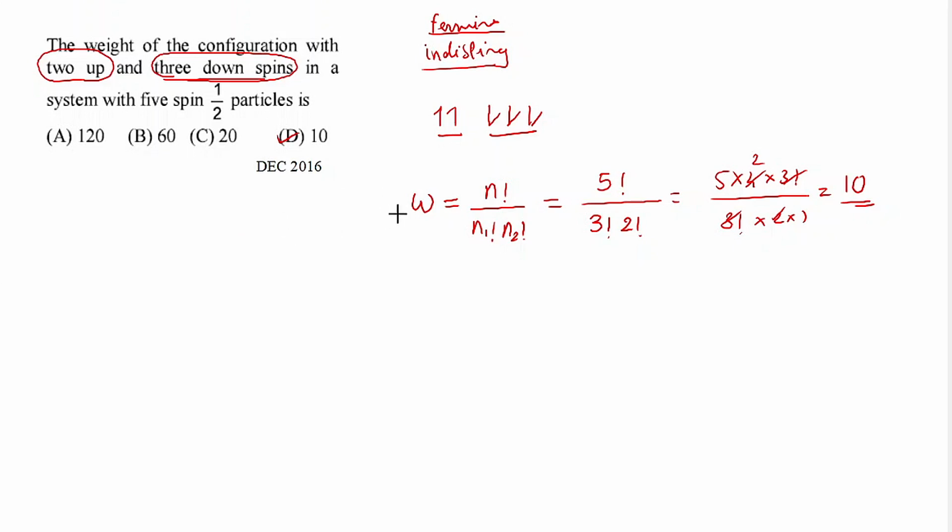Now if you solve this problem by considering this as fermions, then the answer will also come out, but only specifically for this question. In future if the same type of question is asked, then the answer may be wrong. So take care that as we have been given 2 up and 3 down, the particles are strictly distinguishable particles, and hence we have to use the thermodynamic probability which we consider for distinguishable particles only. Clear? Moving on to the next numerical.